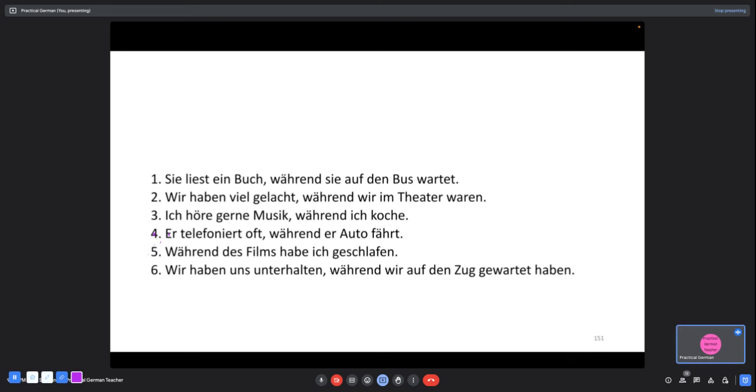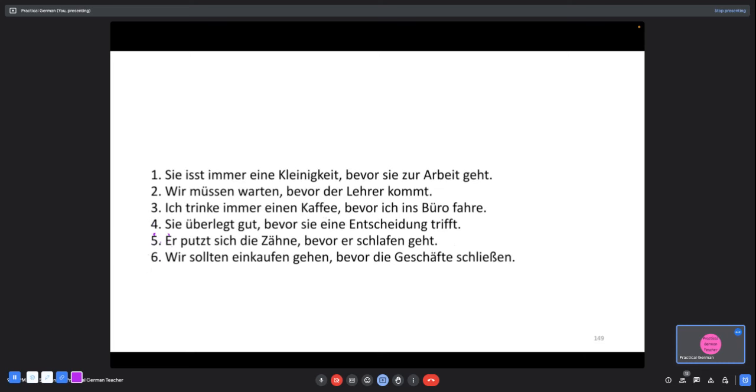One thing I wanted to notice is that it's not that important because it's very logical, but I just wanted to focus. When I say Sie lernt Deutsch, this sentence is in present tense. When I read this sentence, Sie wartet auf den Bus, this is also present tense. Wir haben viel gelacht, is it present tense? Past, right? Wir waren im Theater, this is also past. So with während and then before, when you use them,